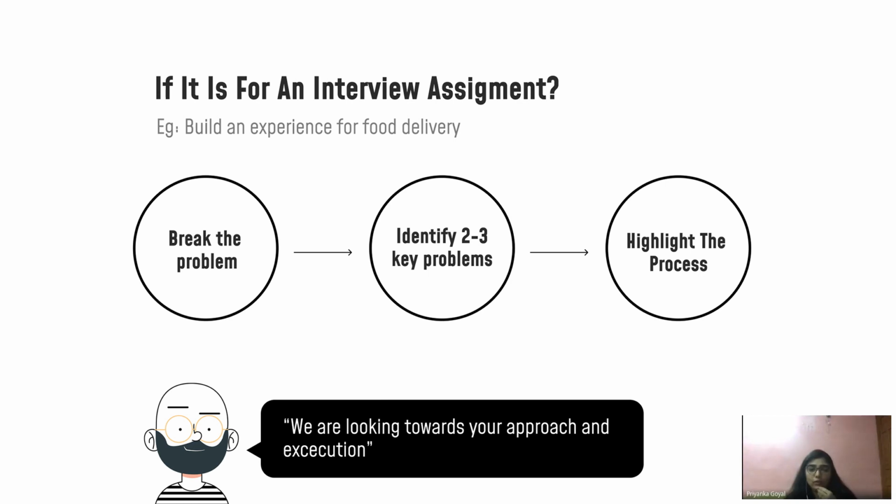If you are writing for an interview assignment, generally they will give you an assignment which is very abstract, right? So try to identify 2-3 key problems from it, because if you focus on the whole problem as one, it will give a wrong impression about you. Rather, just focus on 2-3 problems. Suppose it's a food delivery app, you can say I want to reduce taps, or reduce the food delivery checkout process. You can identify those 2-3 key problems and then solve for them and highlight the process, because your interviewer will be majorly looking for